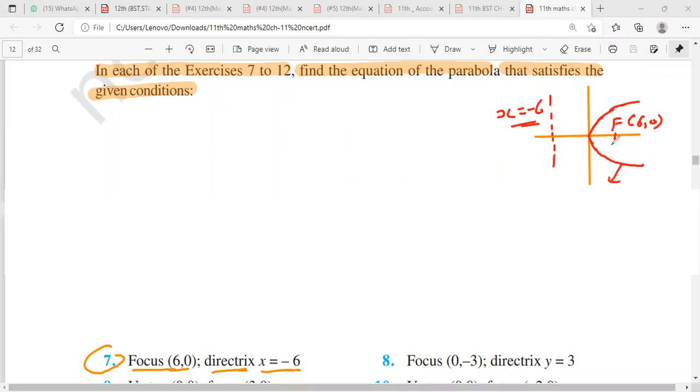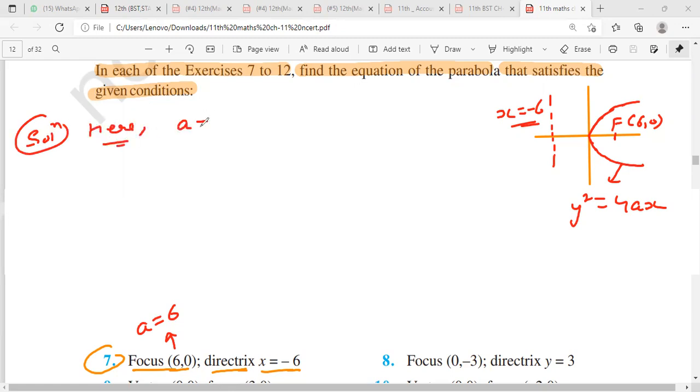And we know that standard form of rightward parabola is y square is equal to 4ax, right? So here a is equal to 6. So equation of parabola